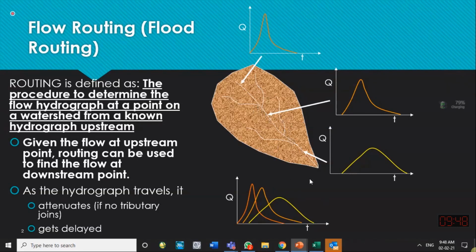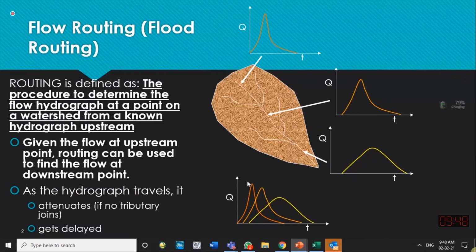I have drawn here all three flood hydrographs: the first location over here, the second location in the middle part, and the third location over here. You see their peaks are reducing. We say the peak is attenuating. The second thing is that the peak is coming earlier over here. The time of peak is maybe 7 a.m. over here, and over here the peak will reach at another time. So the peak time is changed.